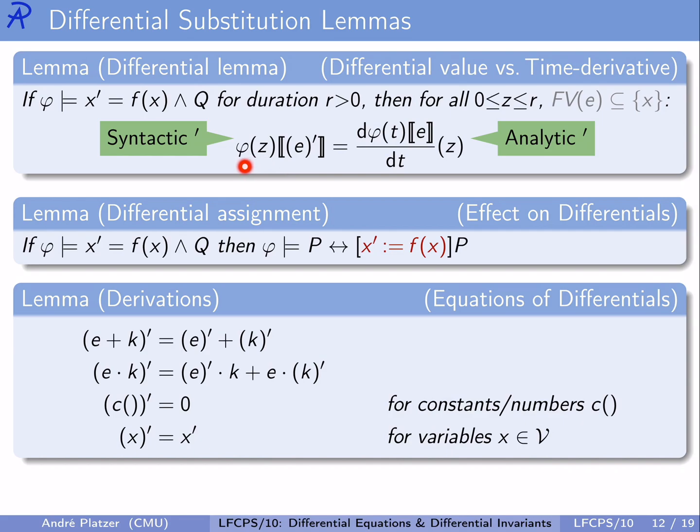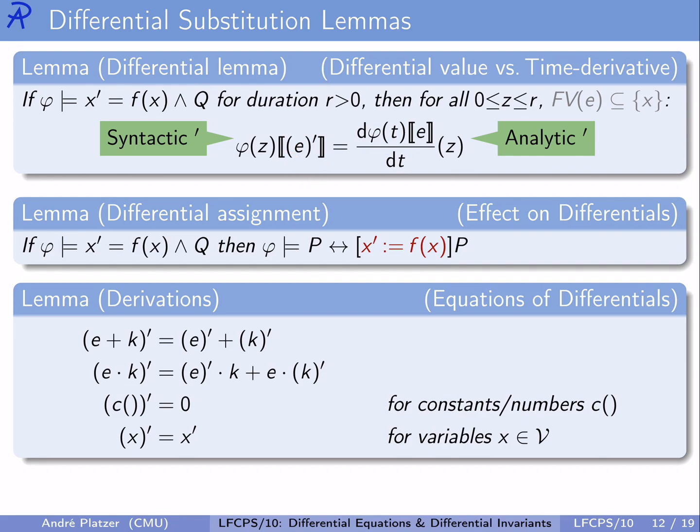at time z along this solution phi of the purely syntactic expression E prime is equal to the time derivative, which is defined because the solution is of a positive duration, at the same time z of the value that the original term E has at the time phi of t as the time t is changing. And that means a purely syntactic expression, E prime, it's just a syntactic term that we have right on the left-hand side, is in value equal to the analytic time derivative that we have of the original term E. In other words,